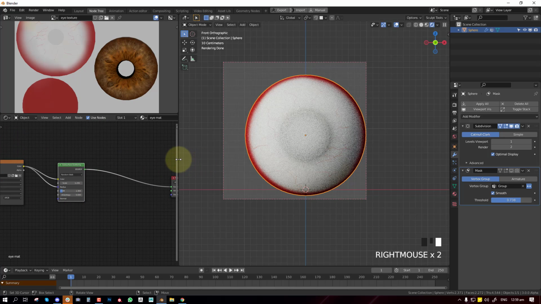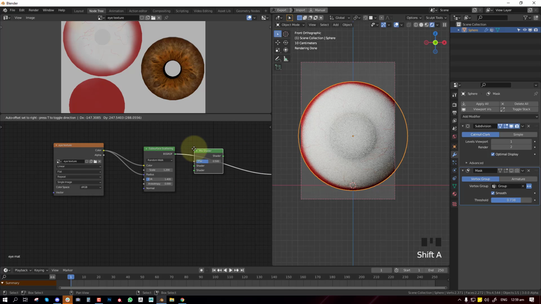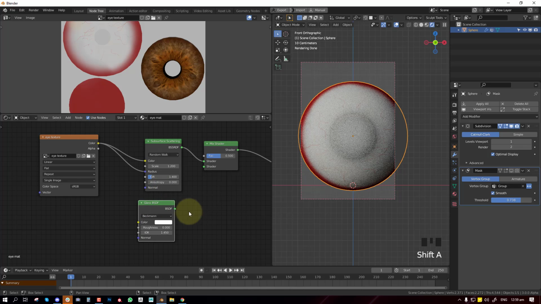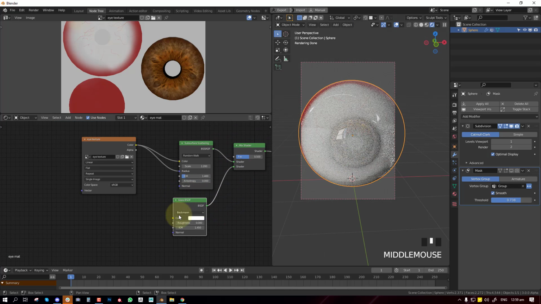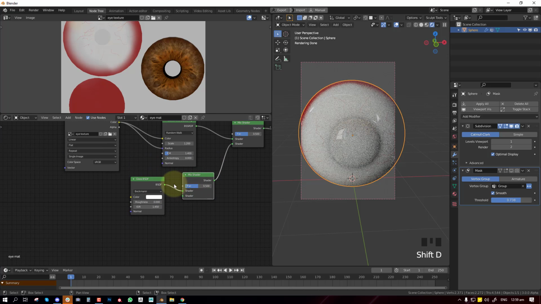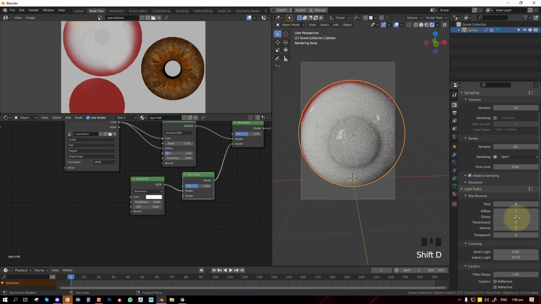I will open this up for you guys. I'm going to add a mix shader, add a glass shader. Okay, and then add another mix shader here. This is just kind of making the glass shader more optimized, especially when you have low bounces, to kind of speed up your render time.